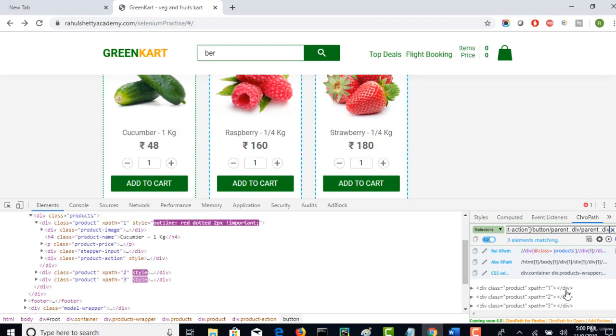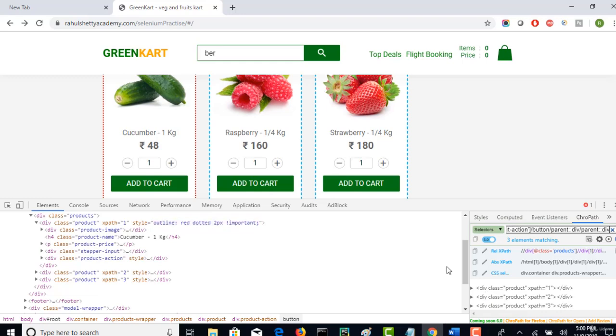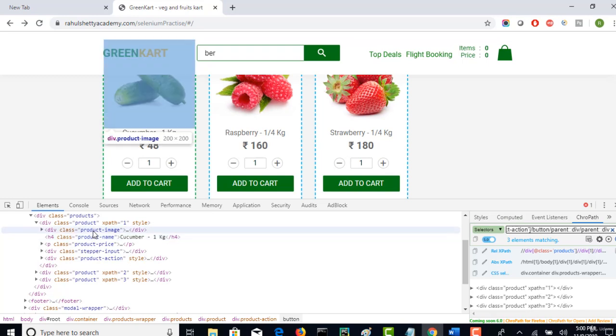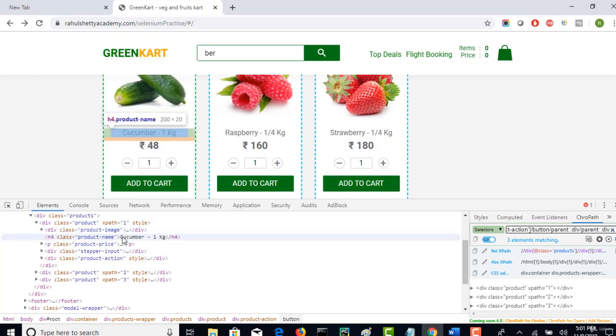Perfect. Now you see when you move your cursor here, you are at this point. You can see that this is being highlighted when you touch this. You have successfully reached this place. So from your child, firstly you went to your immediate parent. From that parent you went to their parent. So from here now you can come down. Coming down is easy because from the last lecture we have seen multiple examples. So from this point, if you want to come to this text,